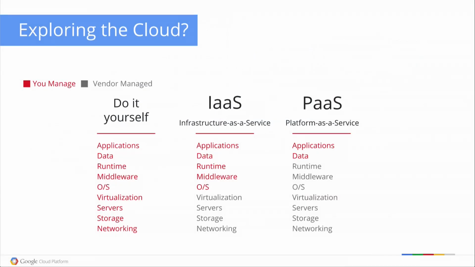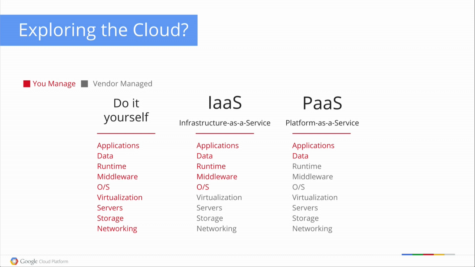When we look at the cloud, we see something like this. We have these options: infrastructure as a service, platform as a service, and pretty much do it yourself. We'll also talk about software as a service and backend as a service as well. When you do it yourself, you pretty much have to build everything. And it goes back to the slide we looked at before with the guy with the boxes, building all the way from the operating system up to the application level.